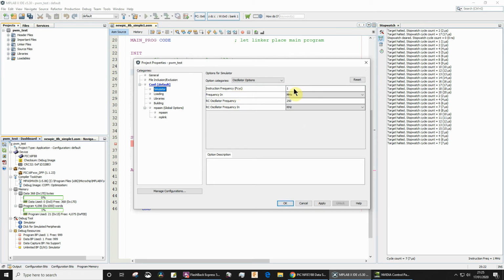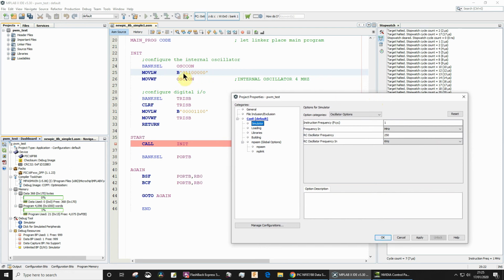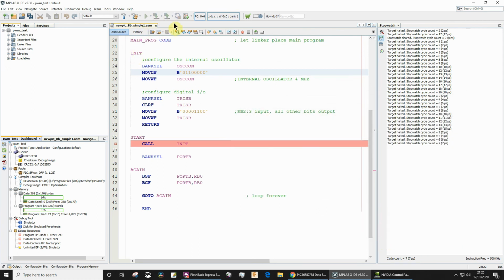So you'll see there that is set to 1 megahertz, which is basically what we're doing here, because we're setting the internal oscillator to 4 megahertz, and that's going to be divided by 4, which gives us 1 megahertz. So just be aware that what we have here is what the simulator is going to use, and if we programmatically set a different frequency, that's going to be ignored by the stopwatch. So if, for example, I were to change this now to 0.5, so we have now halved the frequency of the instruction frequency, and then click OK, and now run,